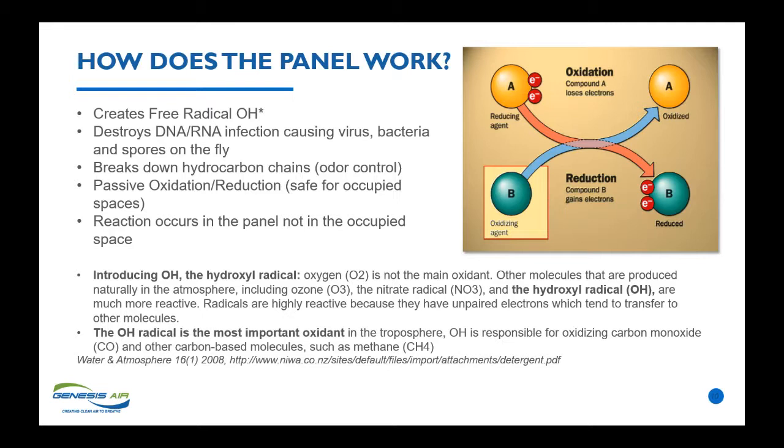And what are we using to do that? We're using a hydroxyl radical. Remember, it's a naturally occurring process. In the troposphere, the UV light from the sun hits noble metals 7 miles up, and it creates free radicals. And these free radicals reduce the amount of things like carbon monoxide and methane and other unwanted VOCs. Well, we're doing the same thing in the airstream in your air handling systems. Let's go to the next slide.